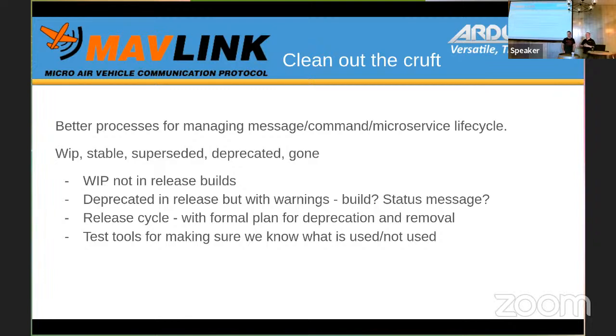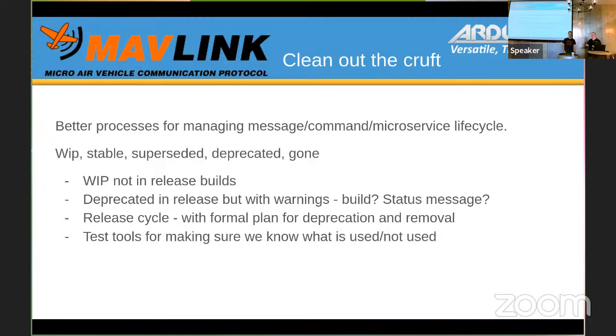plus stuff that was already work in progress before we created development.xml that has already made its way out into stable autopilot releases, which creates a problem that is why Hamish is talking about it today, in that once someone releases a stable autopilot firmware that uses work in progress MAVLink messages, it's very hard for us to then change that message without breaking that flight stack. And that is not going to be accepted very well.